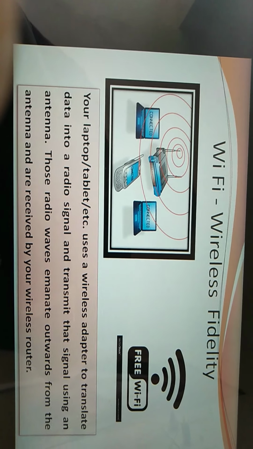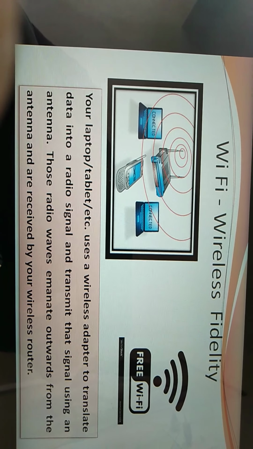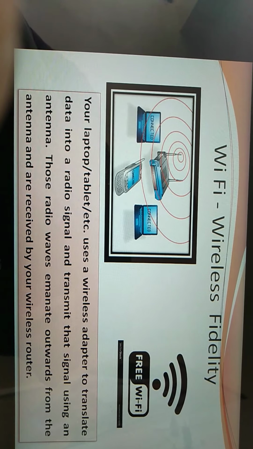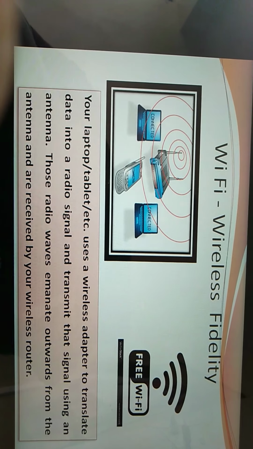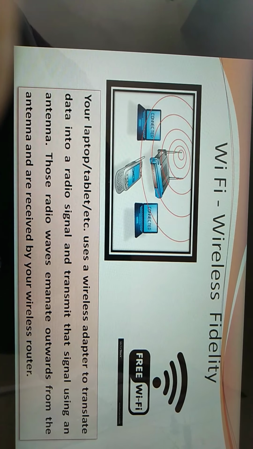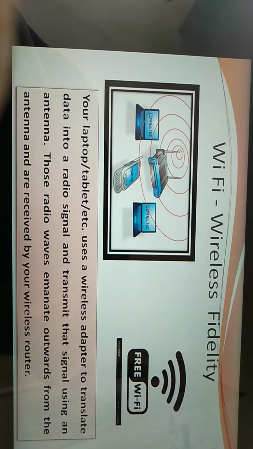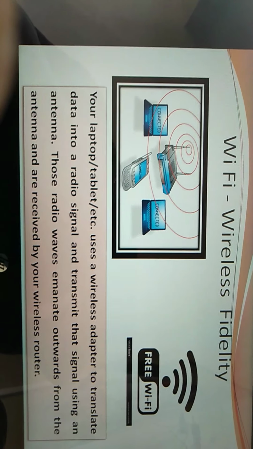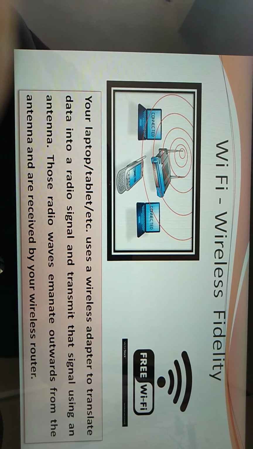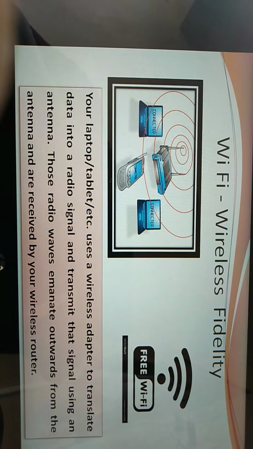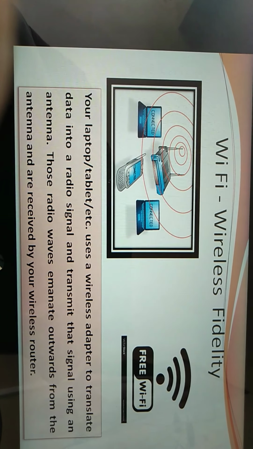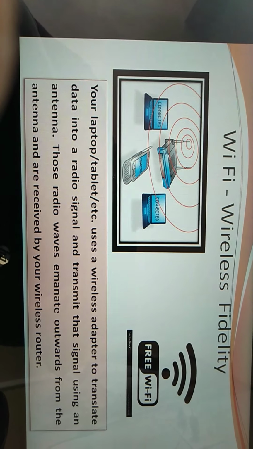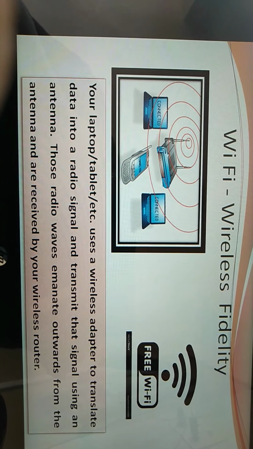Now children, if you want to connect your laptop or your mobile phone to Wi-Fi connection, what happens is this Wi-Fi connector has antennas which emit radio waves, radio transmissions. These red color circles in the picture show you radio waves. They are emitted when your Wi-Fi connection is on, and that is how we connect it to the laptop or to your mobile phone. You keep your mobile data on and you connect the Wi-Fi connection on your mobile.